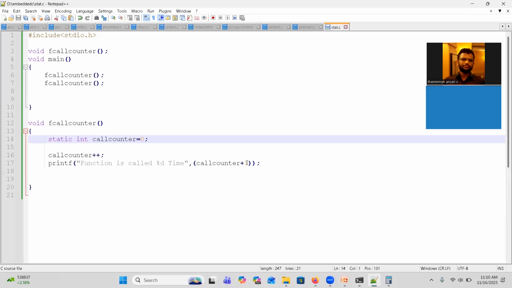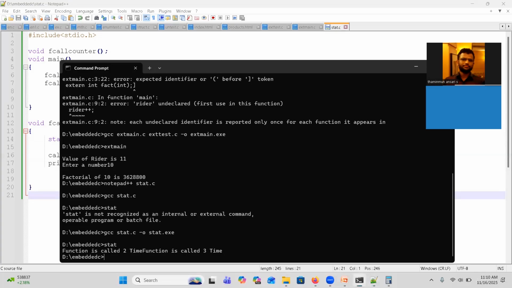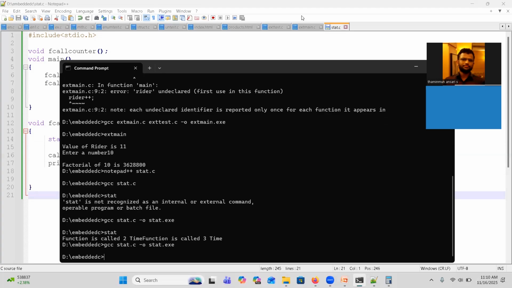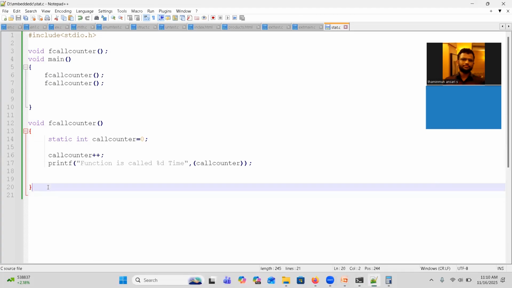Okay, I believe, sorry, this is not required. Here itself we increment, right? Yes, sir. Right, so we don't need that one. So function is called 1 time, function is called 2 time. Okay, so